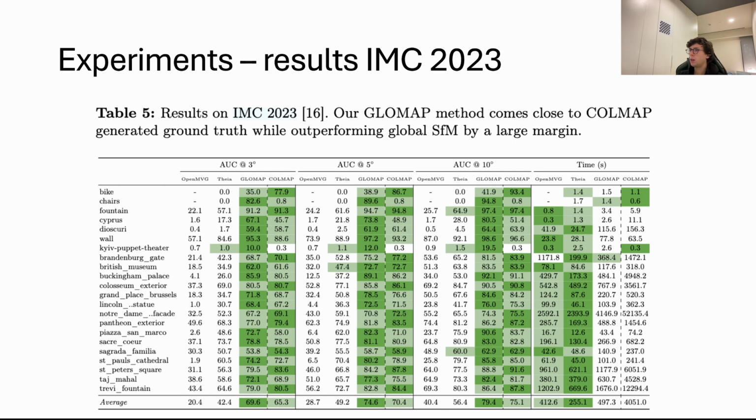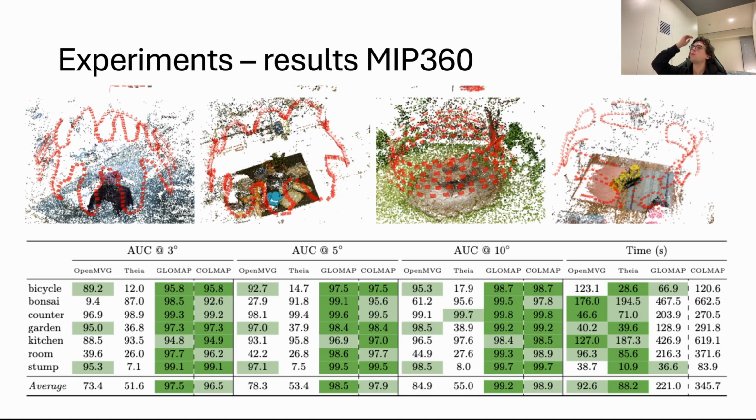So yeah, even here, for example, here is very, very close also to COLMAP. It's very, very close to COLMAP, yes. And then they also show results on MIP 360, where still GLOMAP and COLMAP are very close, and the speedup is there, but not as much as we could hope for, because exactly the number of images are